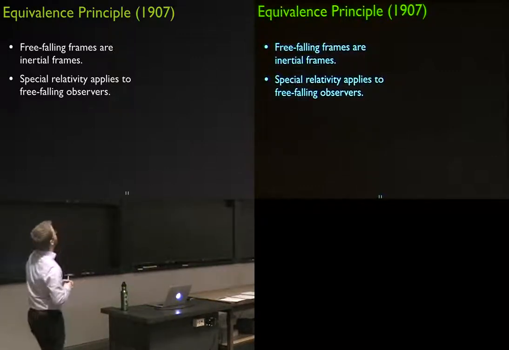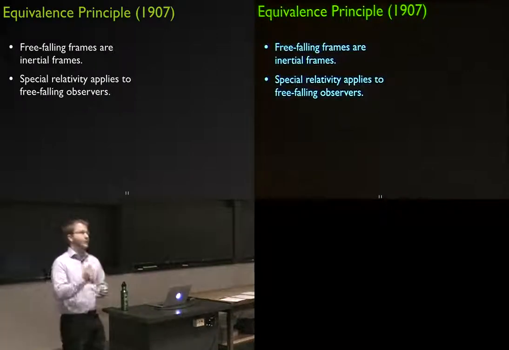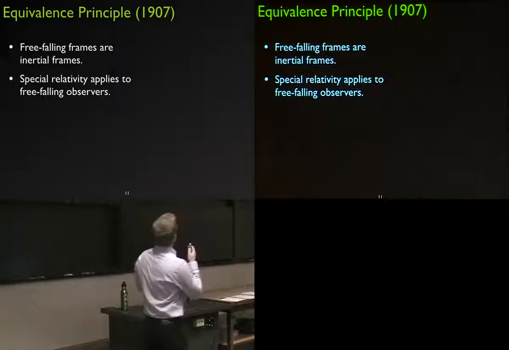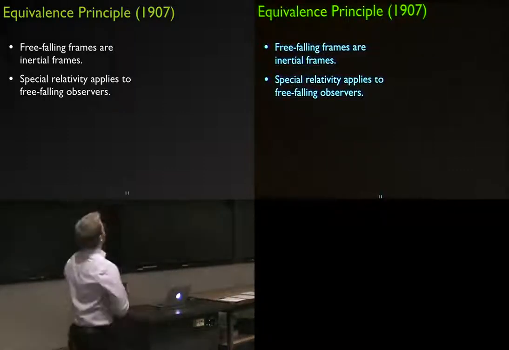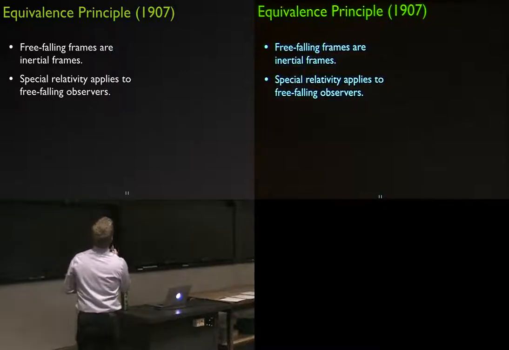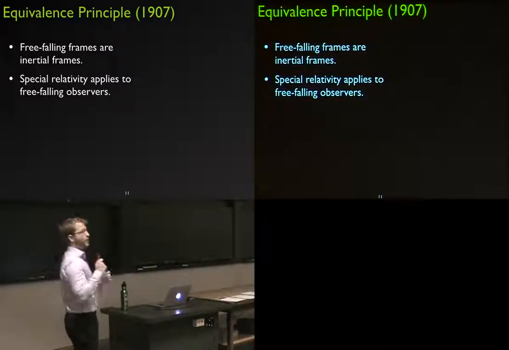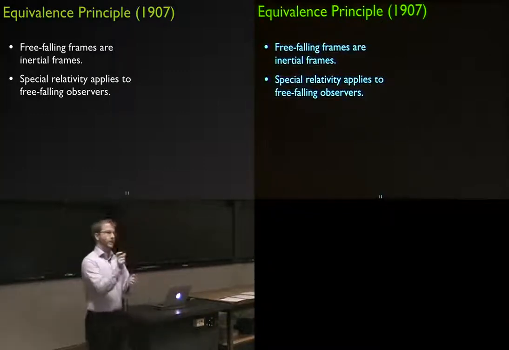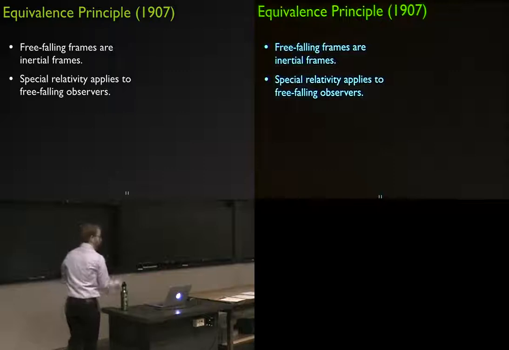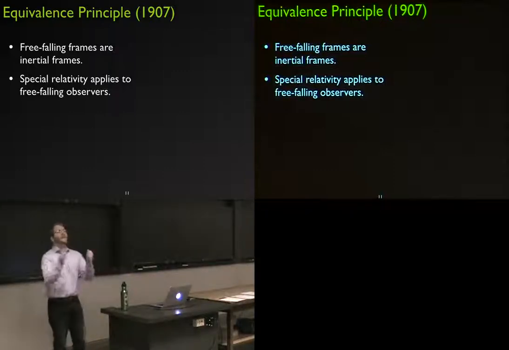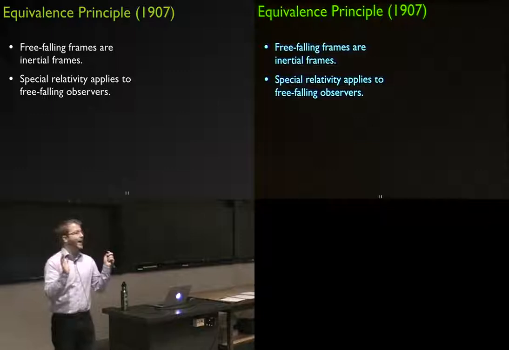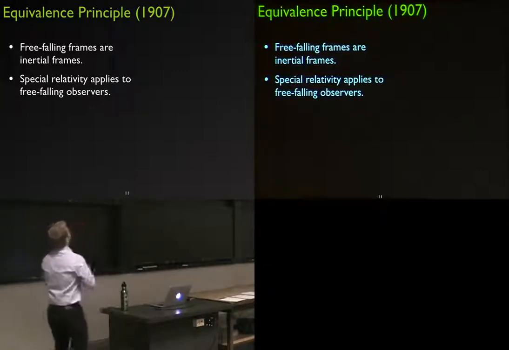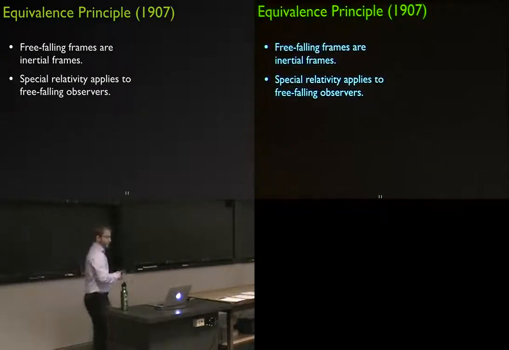So the equivalence principle is kind of starting to go in that direction that Einstein thought physics should go. He wanted to make gravity relative, and so his equivalence principle claimed that free-falling frames are inertial frames. So remember, special relativity only applies to things that are in inertial frames that aren't undergoing acceleration. And Einstein said that free-falling frames, so somebody jumps out of an airplane and they haven't reached, you ignore drag from wind, they're in an inertial frame. And that was something that hadn't been said before. And then special relativity applies to those free-falling observers.